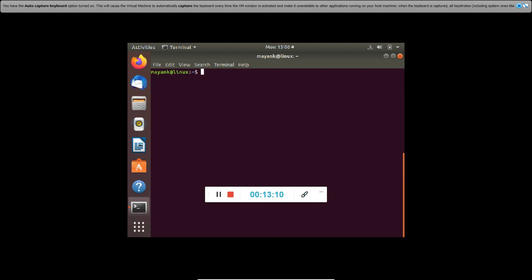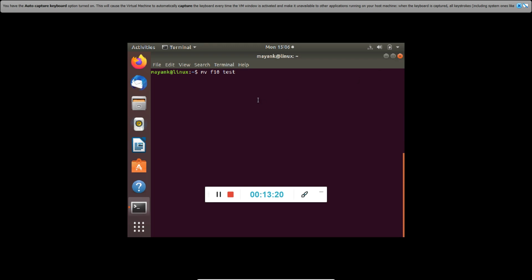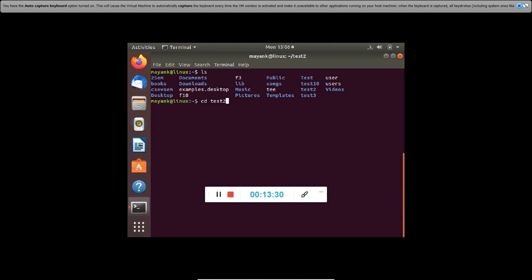Let's see how we can move it to a particular directory. For example, there was a file f10 and we move it into a directory. First let's list so that we remember we have the test folder, test10, test2, test3. Let's see if there is anything in test2, and this time we list.